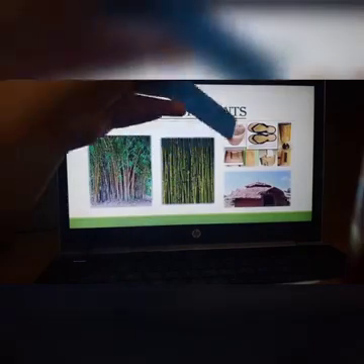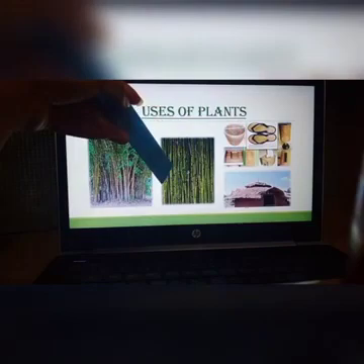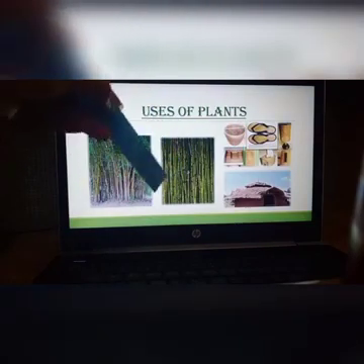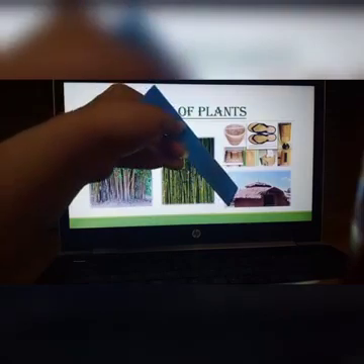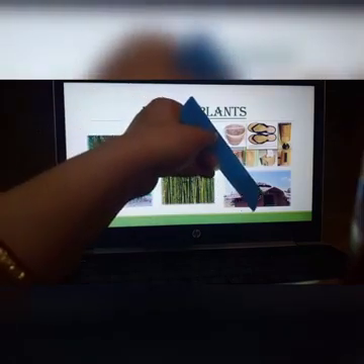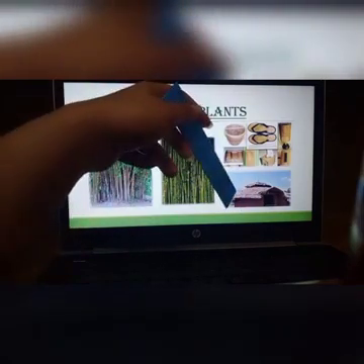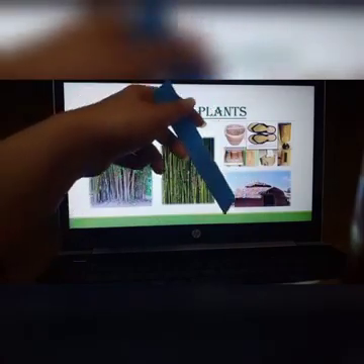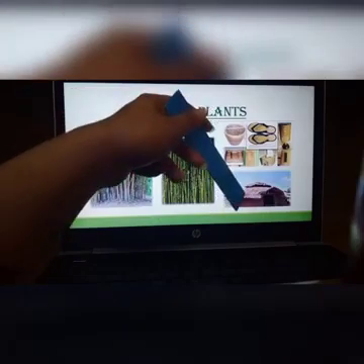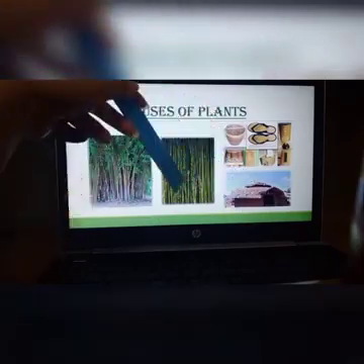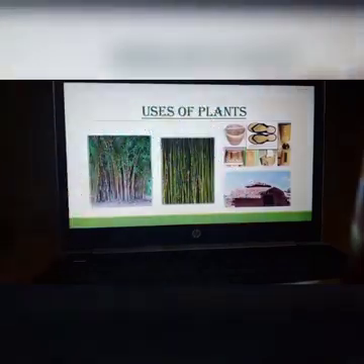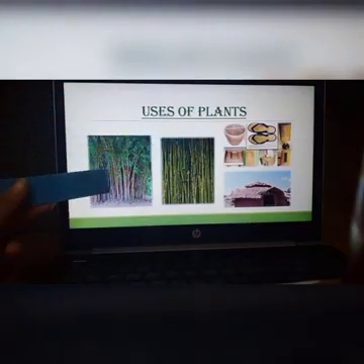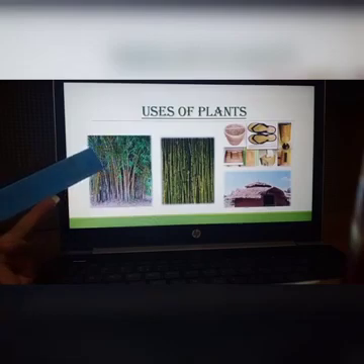paper that is present in your books, in your notebooks. Okay, the sleepers in some areas, in tribal areas, are also made from the bamboo plant. And the roof husk of huts, usually present in rural areas or tribal areas, their roof is covered with the husk of a plant. So this is how plants are useful in various ways.